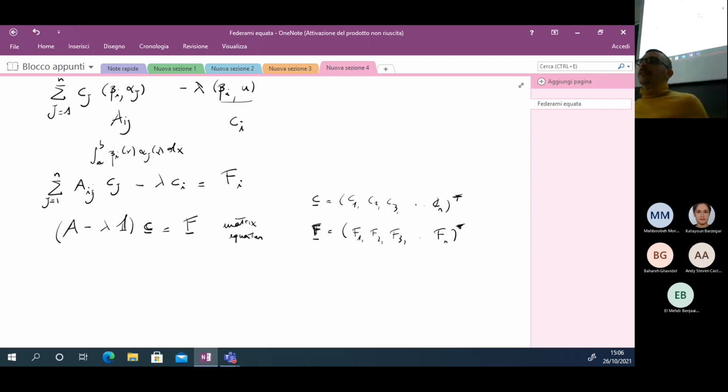What you can do is take this system and use trivial algebra to find the coefficients Ci. If you find the coefficients Ci, then you have solved your problem. Why? Because